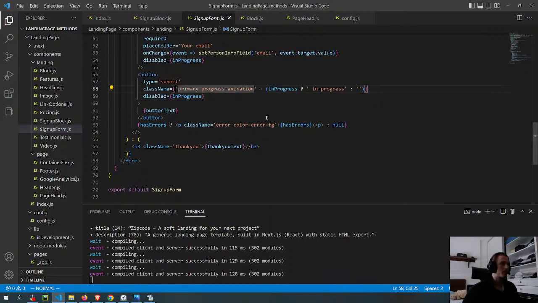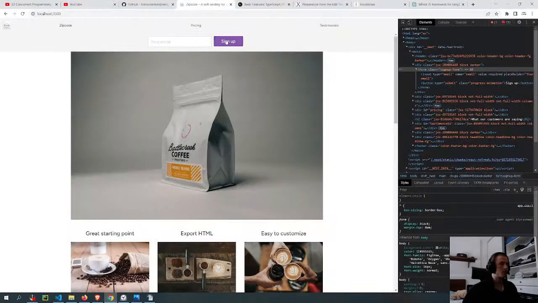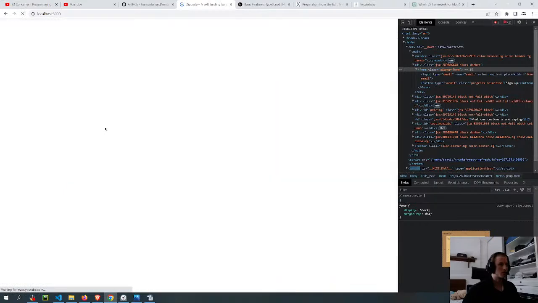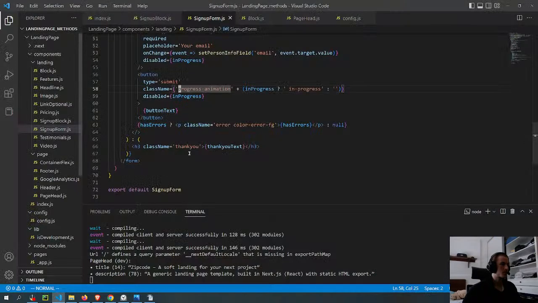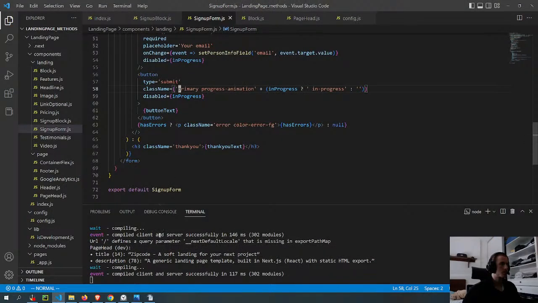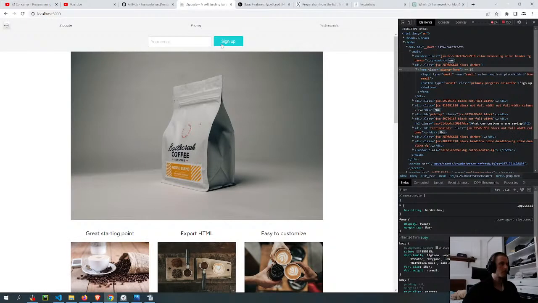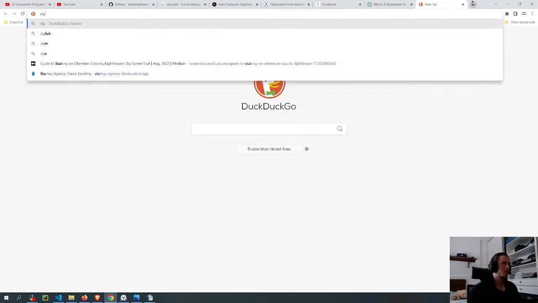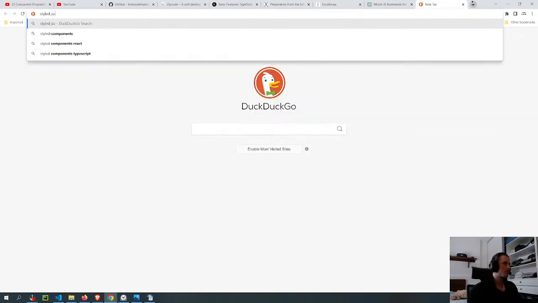I think it has to be from the JSX stuff, otherwise there wouldn't be any reason. Yeah. So you changed the color, I think. So it's probably related to styled JSX.